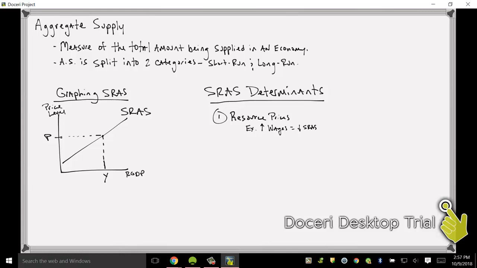All right, moving on. Determinant number 2 is going to be any change in labor productivity. So we're going to put labor productivity. And really labor productivity is just what our workers can produce or what they're capable of. And so things that can change that labor productivity, typically we'll put here, for example, would be technology